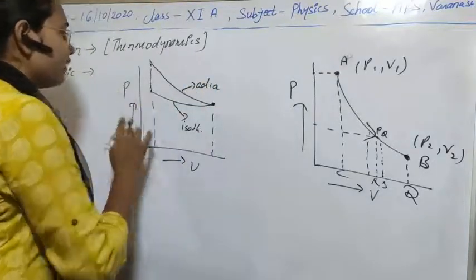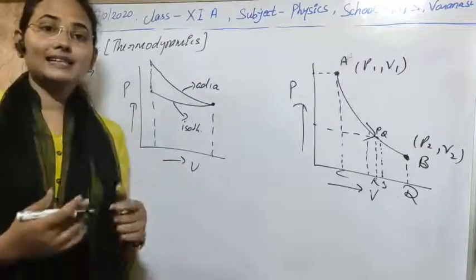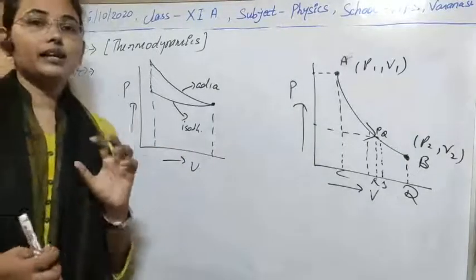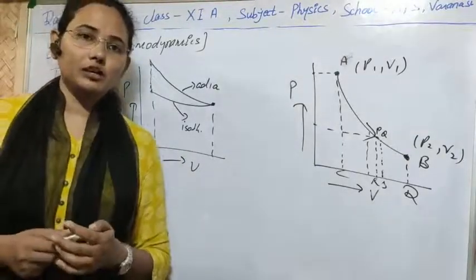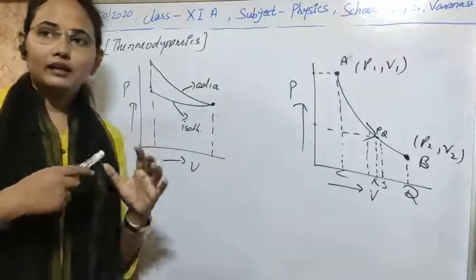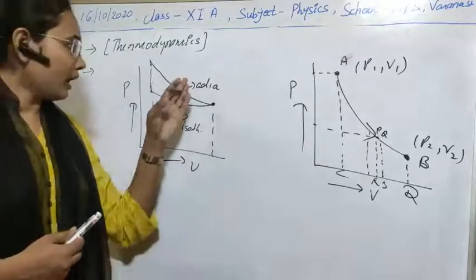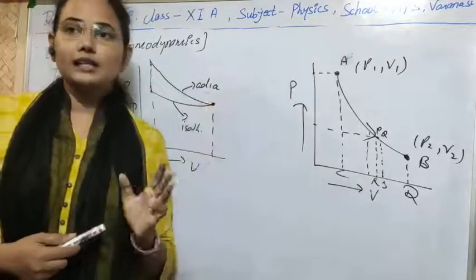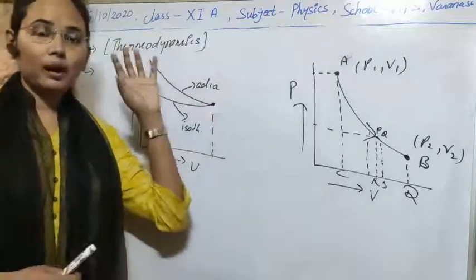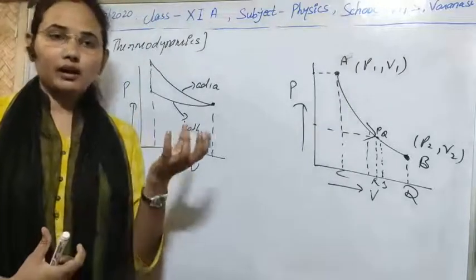This is the case of compression of a gas. We are compressing a gas, we are decreasing its volume. In the case of isothermal, it is easy to decrease the volume only by the application of pressure, because compression is very easy when there is only pressure application, not any temperature application. In the case of adiabatic, as there is change in temperature and pressure both, we need to apply more pressure to overcome the effect of temperature to compress the gas.